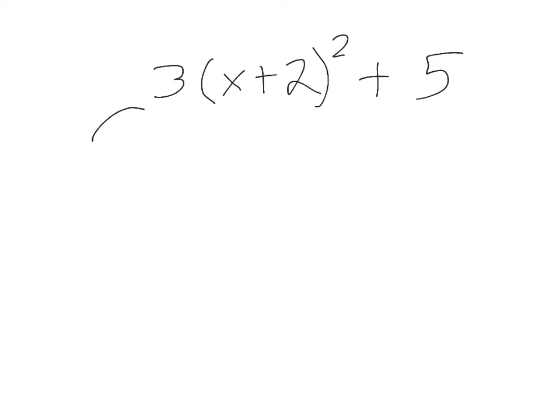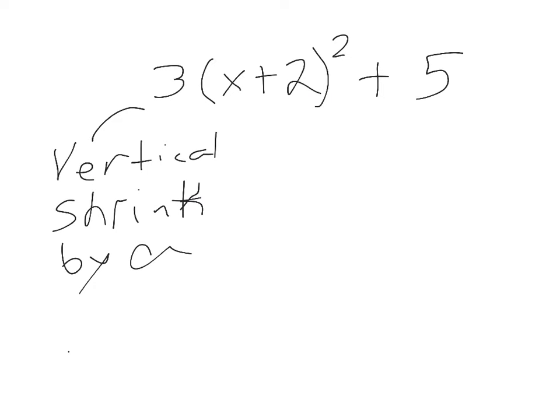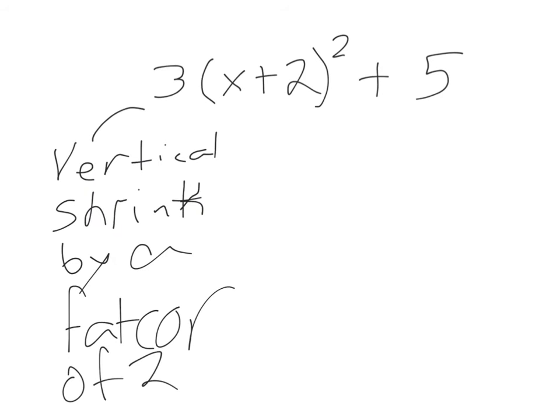Okay, so we have our quadratic 3 times x plus 2 squared plus 5. Okay, so my a is 3, which means I have a vertical shrink by a factor of 2. One thing I like to do when looking at a quadratic in vertex form is identify my h